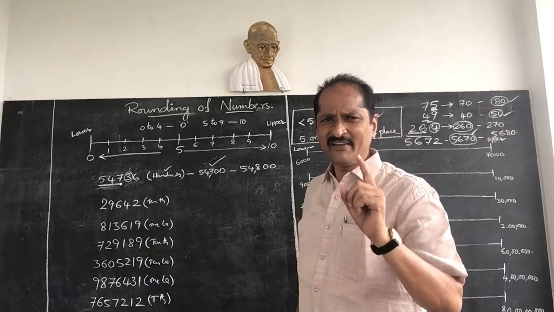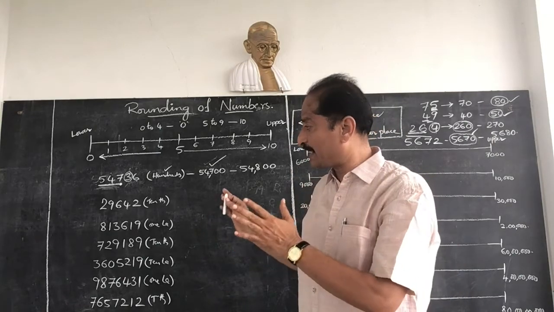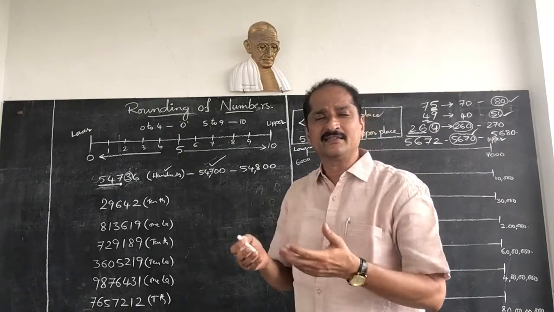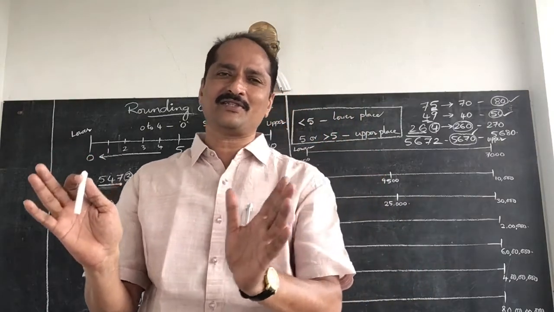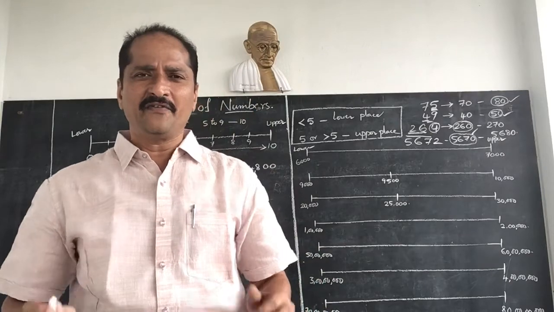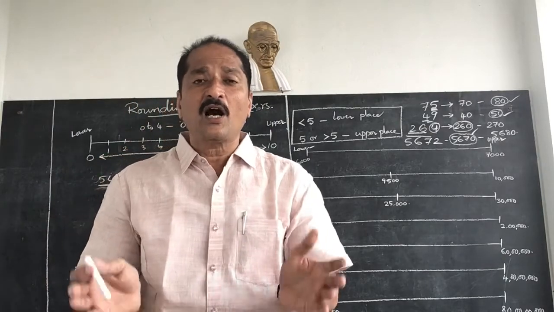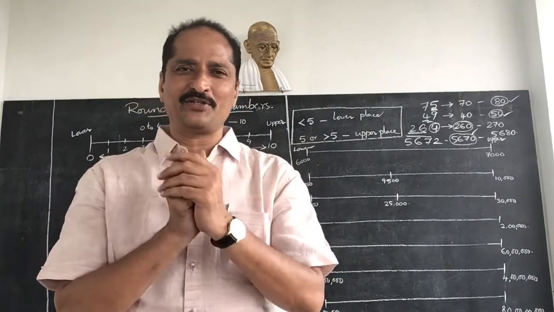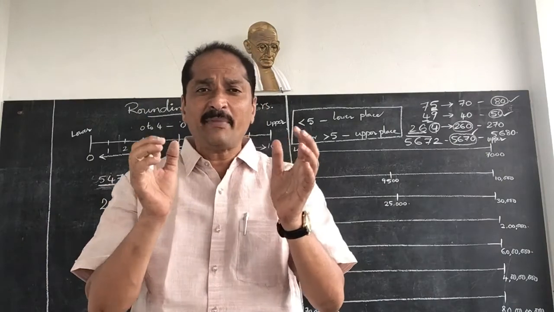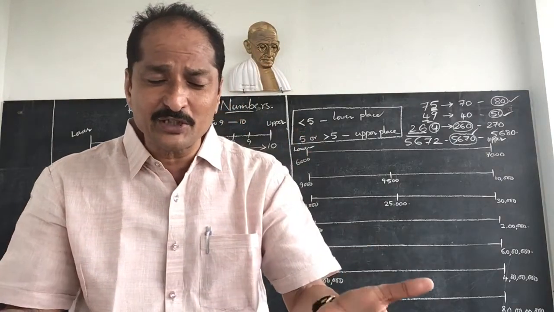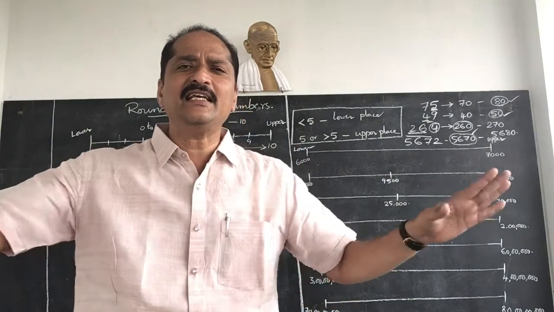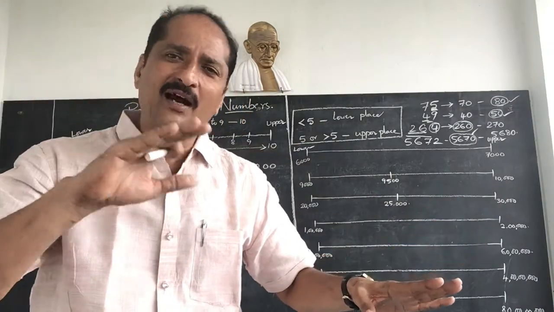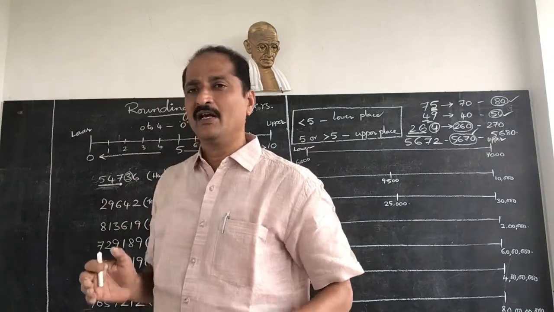Understand? So very easy. Just by observing, you see how many tens. If you are asked to round off to the 10,000s place, you should see how many 10,000s are there in that number. If you are asked for 1 crore place, you should see how many crores are there in that number. So that means that number is in between which two crores. If you write like that, you can easily tell whether it is upper or lower. Now see here.